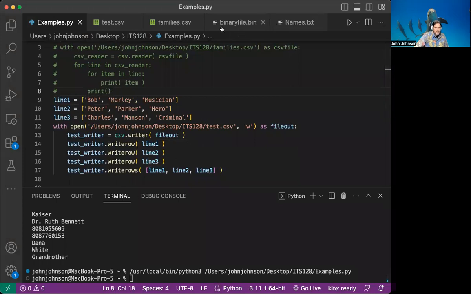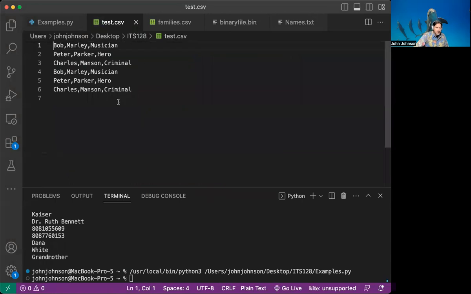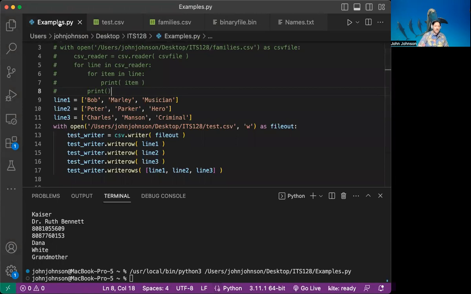So that's the neat thing about working with CSVs. It's dead simple and easy to read them in. It's very easy to write them out. Once we're manipulating data and everything, we want to save it. This is a convenient way of doing it, and we have the CSV facilities built right into the standard Python library. So go ahead and play around with this. It's a lot of fun. I am finding myself opening up and saving out CSV files all the time. So this is an extremely useful part of